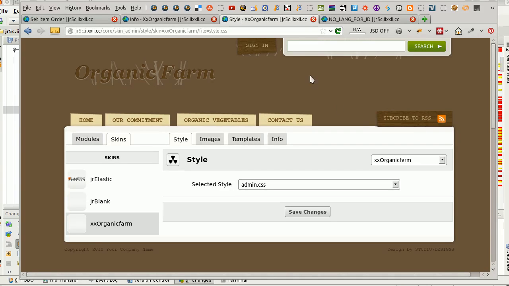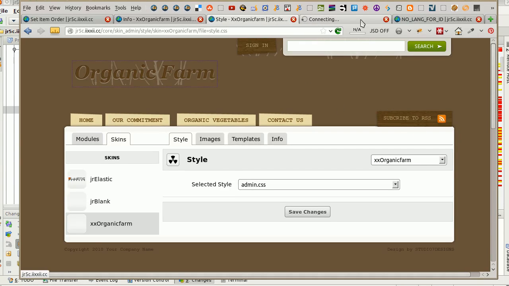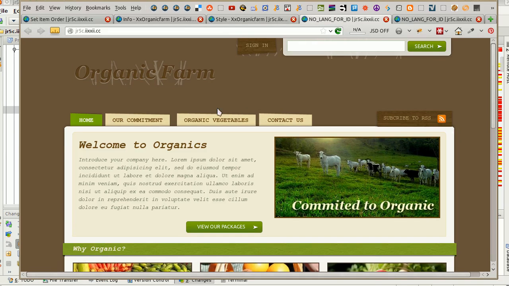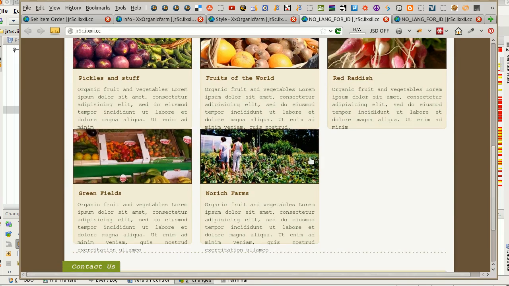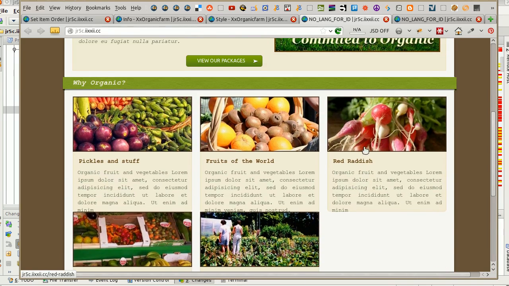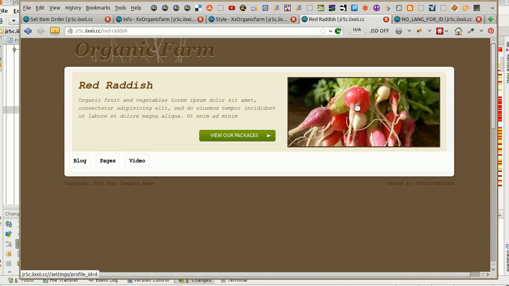Okay, now that we've got our skin pretty much in a structure that we want it to be at, we've got our profiles coming out here, and our profile menus all set up. What we can do, if we plan to use this skin as one to be released onto the market,